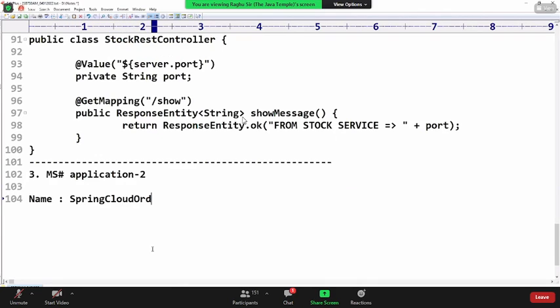Spring Cloud, order service, Eureka Discovery Client.